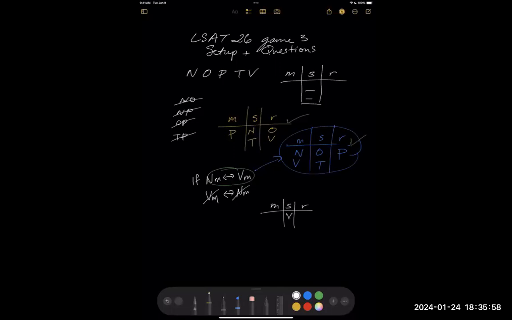R, V is here. So that does mean that N can't go to a movie. Okay, so N can't go to a movie. What else? Let's see. So since these guys can't be together,